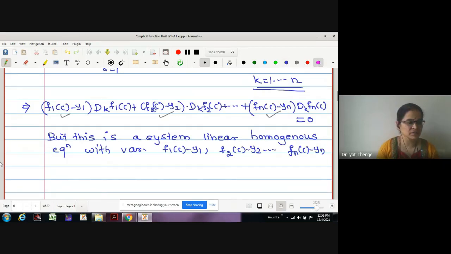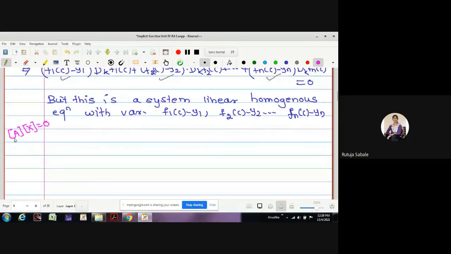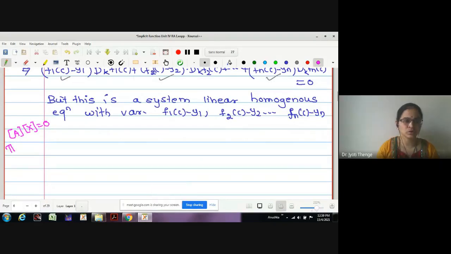If I have a system of n equations of this type, matrix A into matrix X is equal to 0. When the system possesses a solution, determinant A is not equal to 0. What will be the determinant here in our system of equations? The determinant will contain all partial derivatives, no? And what about those partial derivatives? Will the matrix be a Jacobian matrix or not?